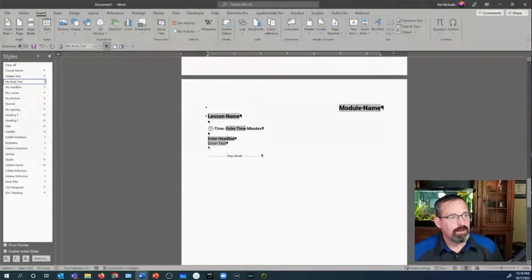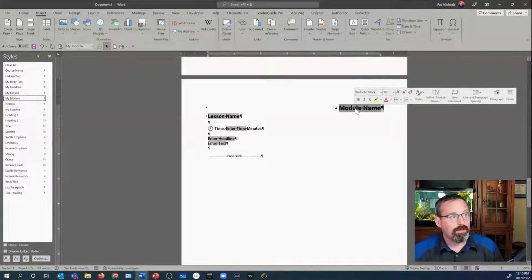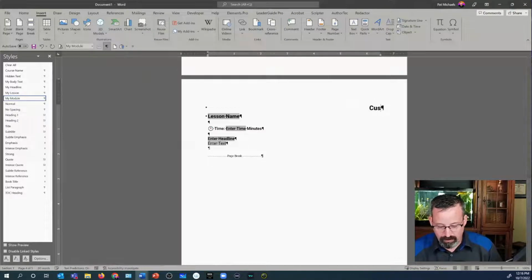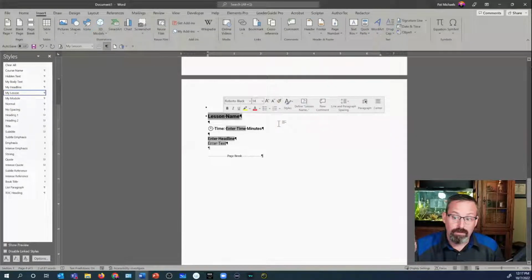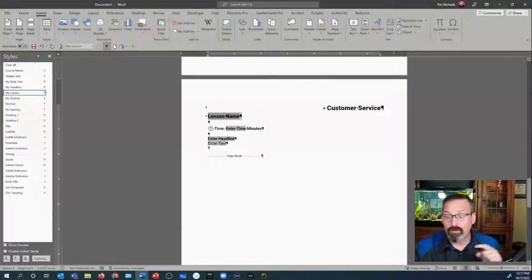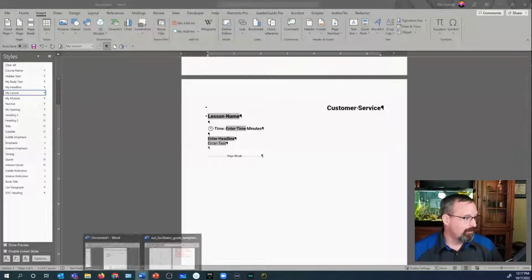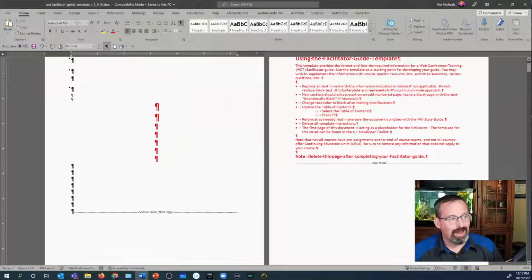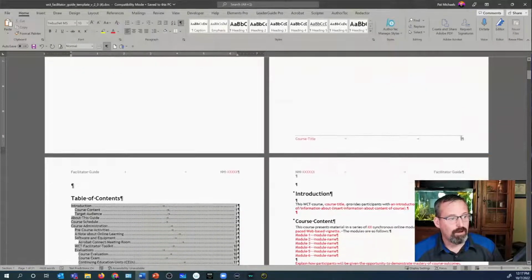But it's gone in, and so I have it set up with a module field where it's the module name. So let's call this customer service. All I needed to do was click into that field, and I can now start typing. And if I've set up the styles associated with that, it gives it the look and feel that I want, and I don't have to worry about it. It does that for me automatically